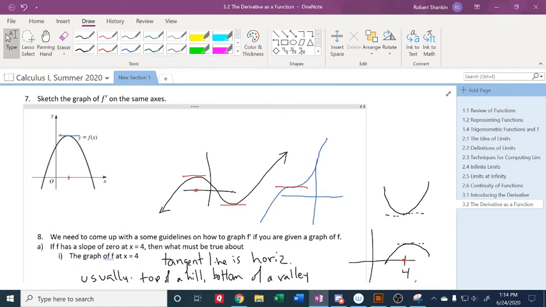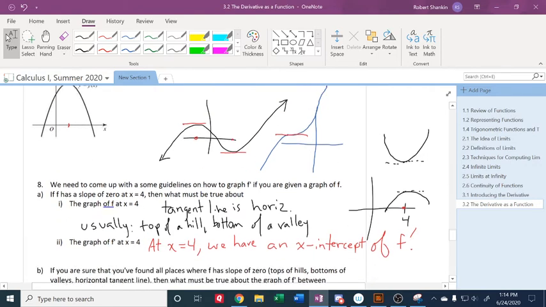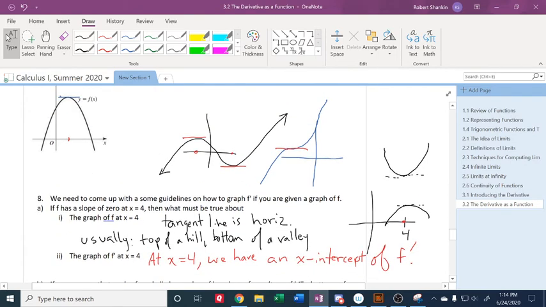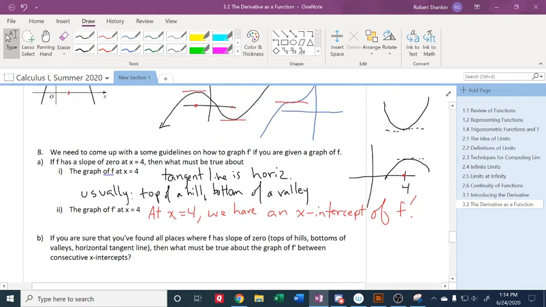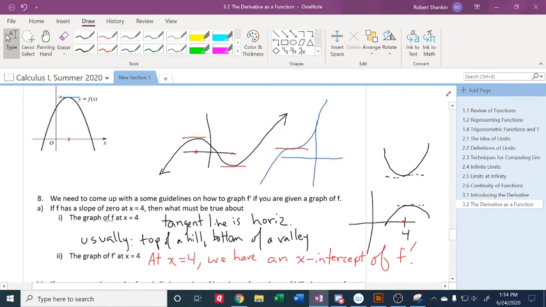Kind of like the halfway point between the x-intercepts? Yeah. All right. Something special is going to happen at the halfway point between the x-intercepts, and we're going to get to that in a little bit. Before I get to that, though, let me also just point out that between consecutive x-intercepts, like on this one here,